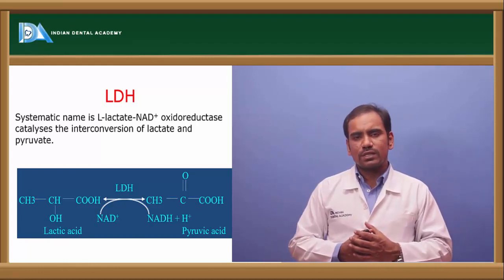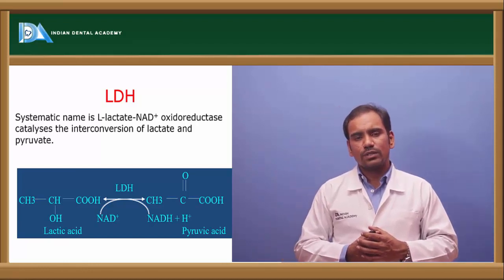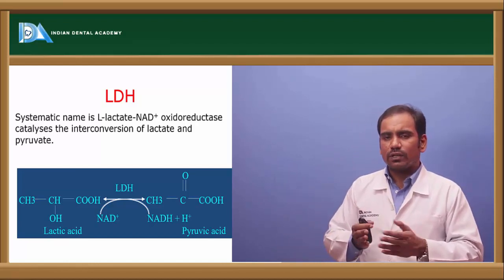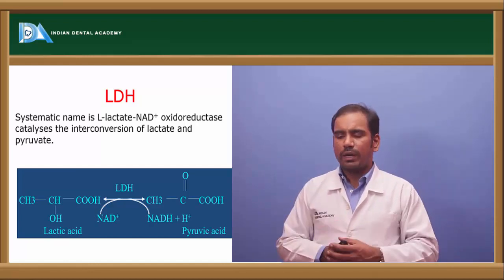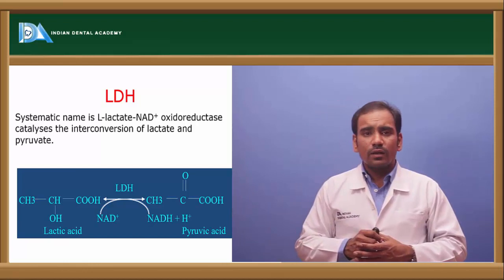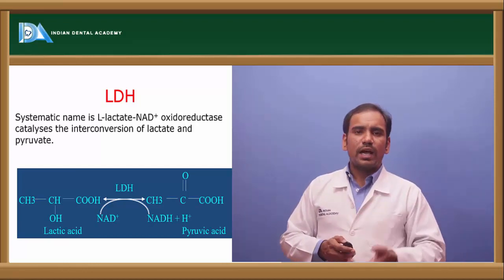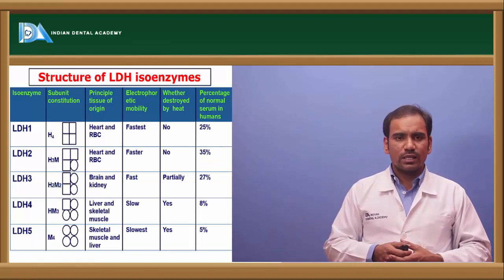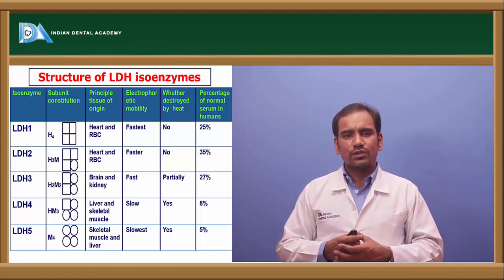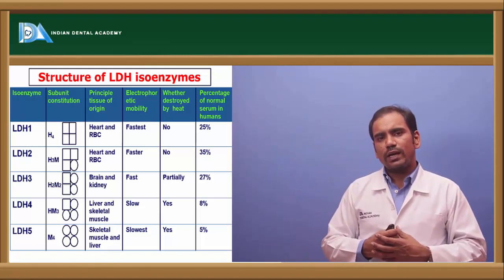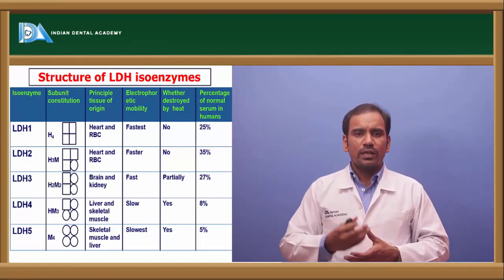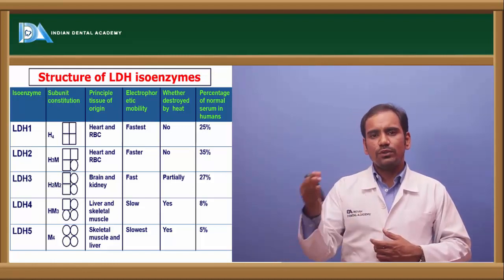Coming to examples of isoenzymes, one example is lactate dehydrogenase, LDH. What is lactate dehydrogenase? It catalyzes the interconversion of lactate and pyruvate. It can convert lactate to pyruvate and pyruvate to lactate. This lactate dehydrogenase is an isoenzyme. Why do we call it an isoenzyme? Because it exists in different forms. It has 5 forms: LDH1, LDH2, LDH3, LDH4 and LDH5. All these forms can catalyze the conversion of pyruvate into lactate, but